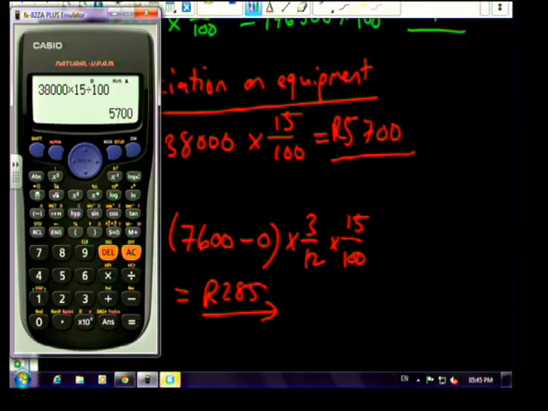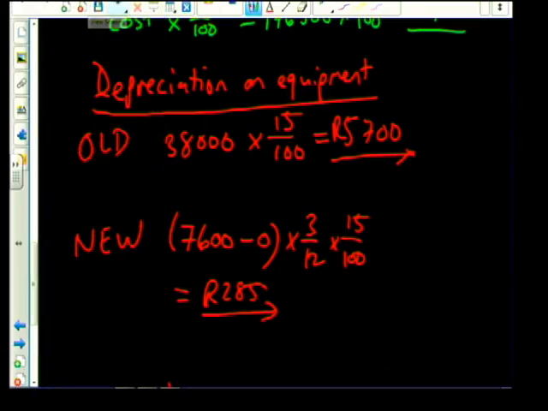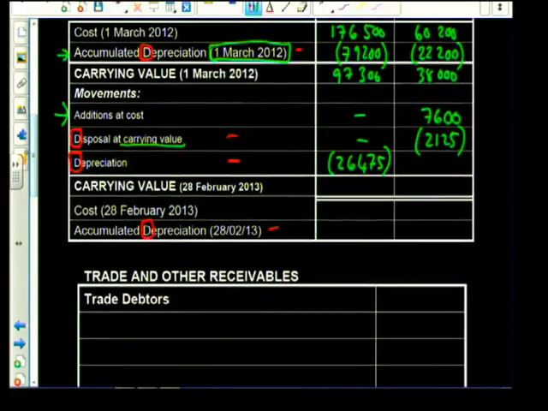So if we want our total depreciation for the year, it's 5,700 plus the 285 from our new equipment. The total depreciation that we're going to write off is 5,985 Rand, and that is the figure that we're going to record in here, 5,985